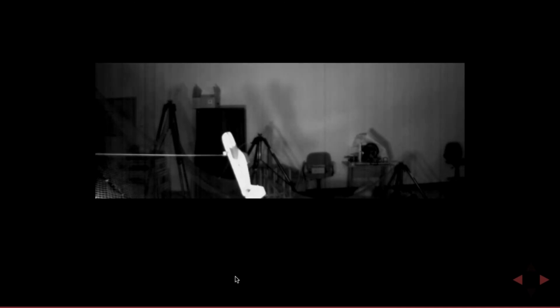Okay, and it turns out it works on the real plane as well. If you play that trajectory out on the real plane by itself, it doesn't work very well, but with feedback we can make it land on the perch almost every time. This is high speed, slowed down about 11 times. The entire trajectory takes about 0.8 seconds.